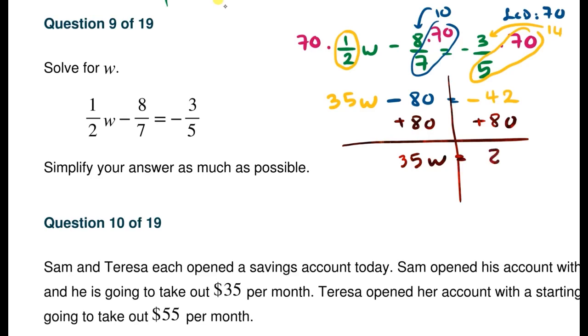So that will give me 38. Then we divide by 35 on both sides. w equal to 38 over 35. Can I reduce this? No, it's just one whole and 3 over 35. Alright,